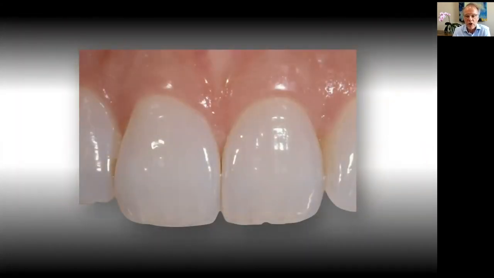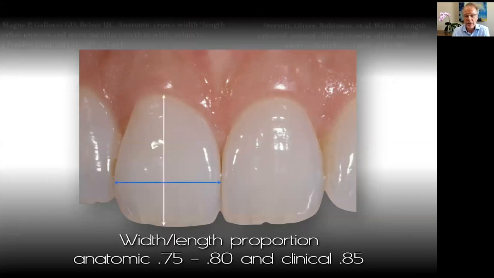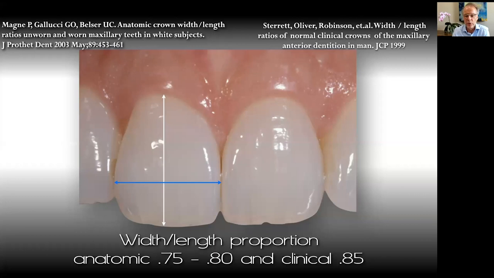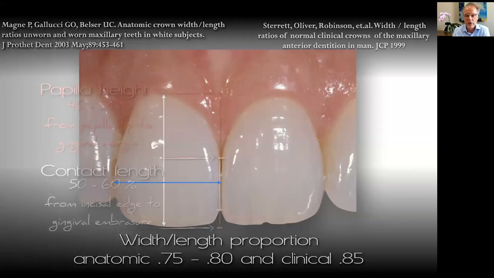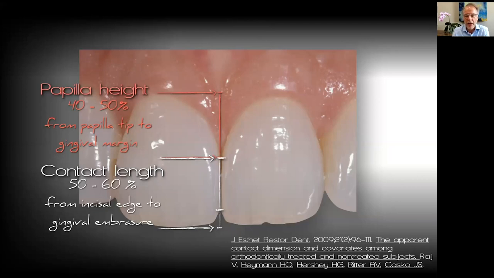So we start off looking at natural teeth. And one of the things we have to initially consider is width to length proportions. And on the average, it's 75 to 85% width to length. And there's research to support those numbers. When you look at the height of the papilla,